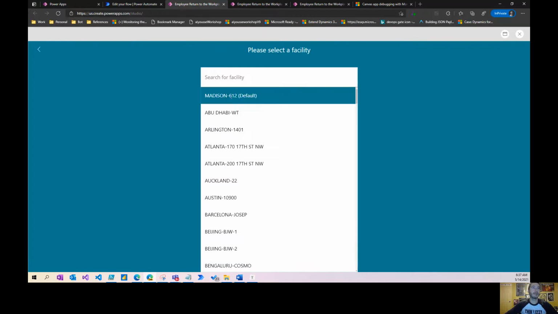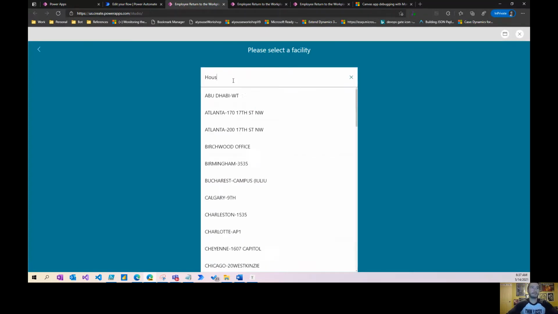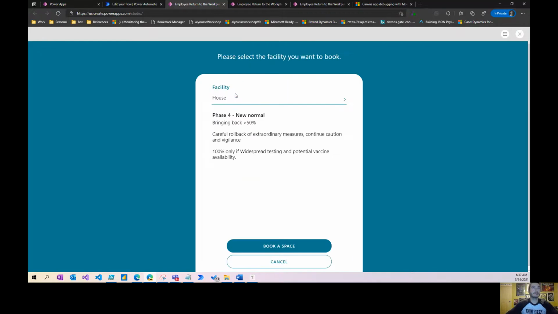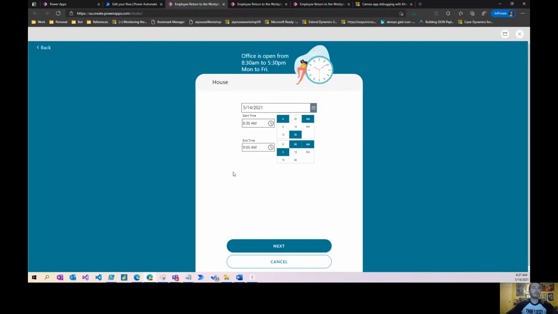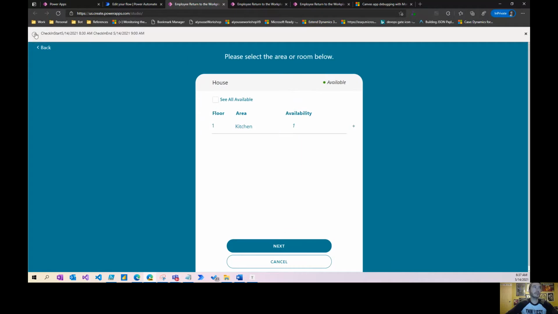In my case, I could type in house, and I can choose whatever dates I want. So in here, you'll see I added the Notify method that allows me to write to the console itself, so I can see what's going on. How that works is here. If I close out of this,